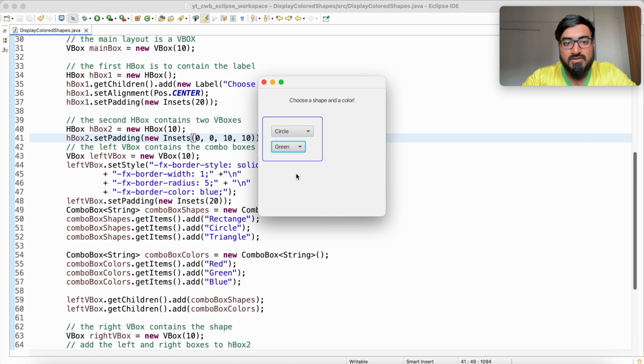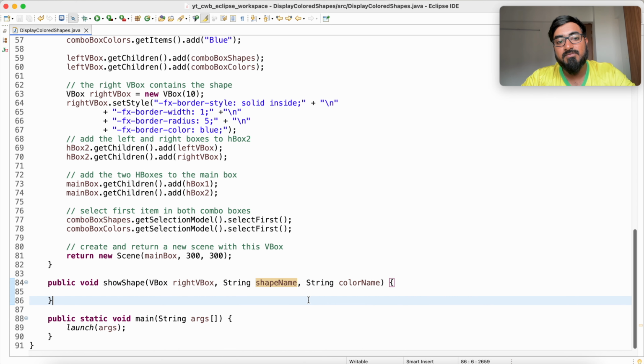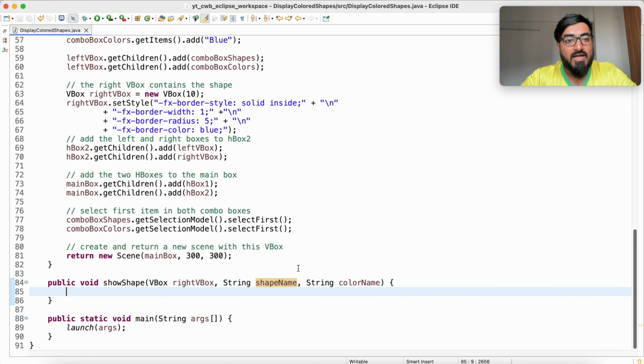So I'm going to add another function: public void showShape. It takes the VBox, the right VBox, in which to show, a String shapeName, and a String colorName. So you have to add to this right VBox a shape with this color. And the three shapes we have are